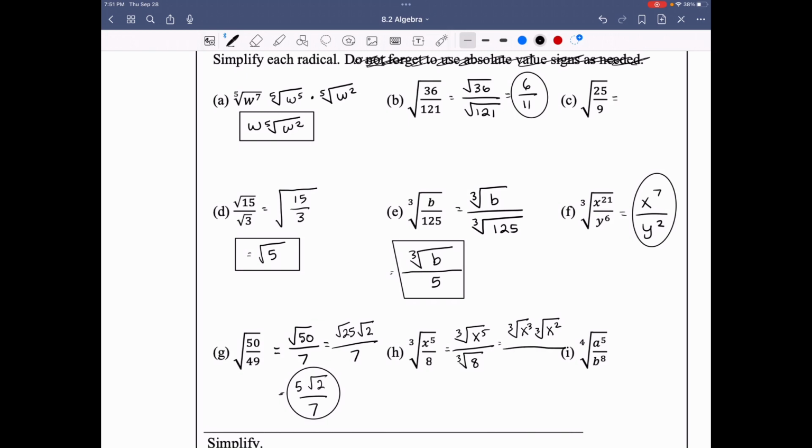Then we have the cube root of 8, which is just 2. We'll just simplify that right now. And the cube root of x cubed is just x. So then we have x cubed roots of x squared over 2. And for I,